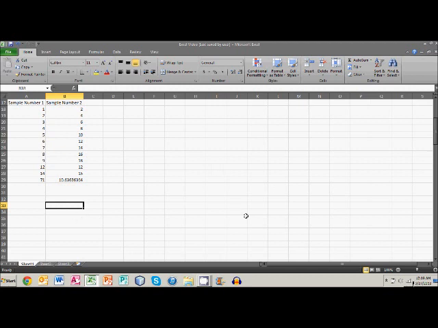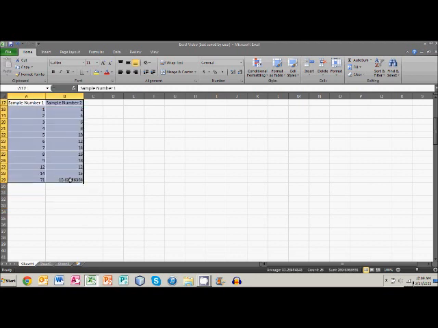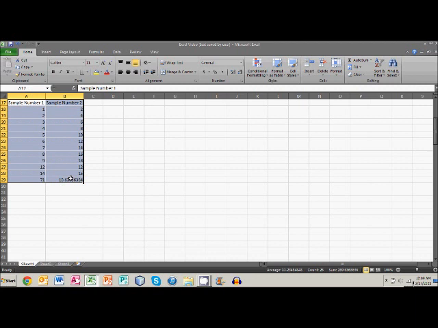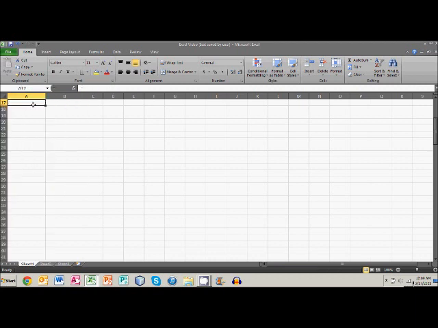Now, since I showed you some basic functions of Excel, some basic math functions such as the sum and average, what we're going to do is delete all of this data right here. And I'm going to show you how to count in Excel without having to type in each individual number. So instead of typing 1, enter, 2, enter, 3, enter, 4, enter, 5, enter, and so on,